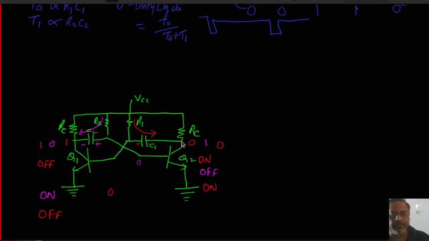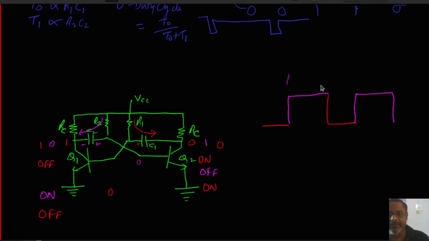So if you take output from here, then the output will be 0 for some time, and then gets to 1 for some time, then back to 0, remains in 0 for some time, and then back to 1, remains in 1 for some time, and that continues.